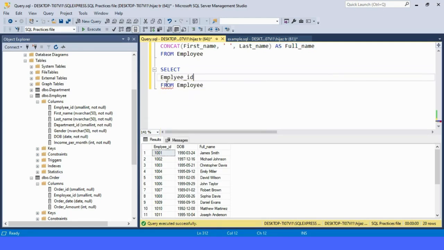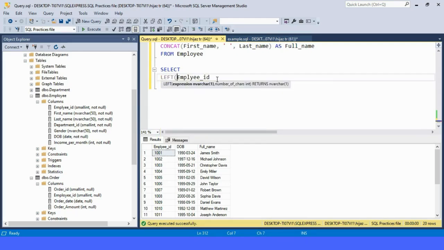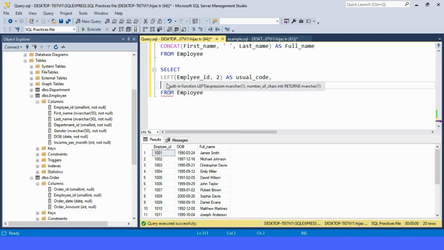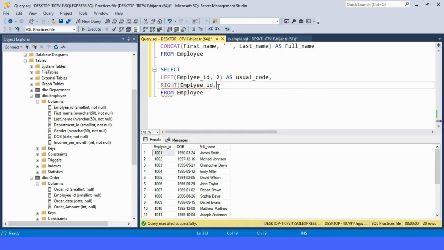So for this, firstly I'm choosing the left function, and what this left function can do, it can select the left two digits, which can be numerical data, in our case it is numerical data, and it gives us the result. And now I'm going to write the right function, and I wanted to choose the right two values in our employee ID column,